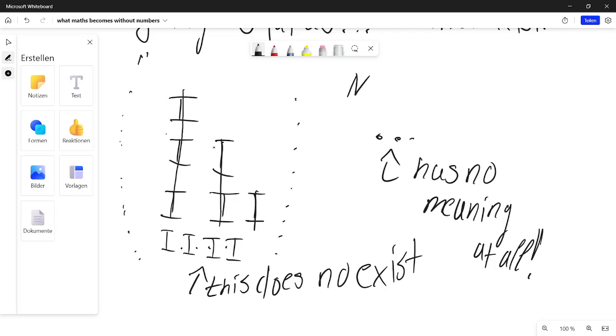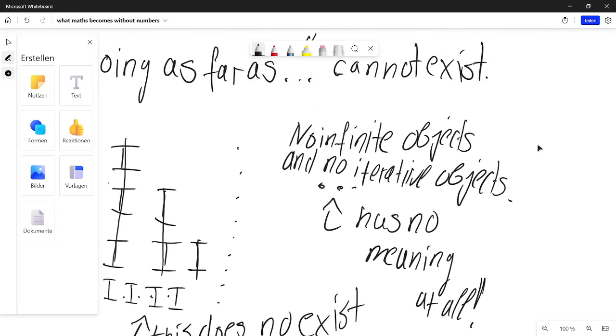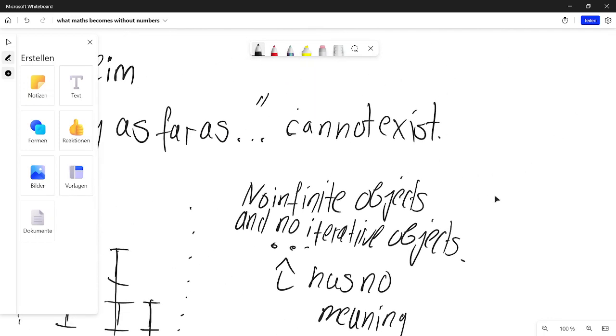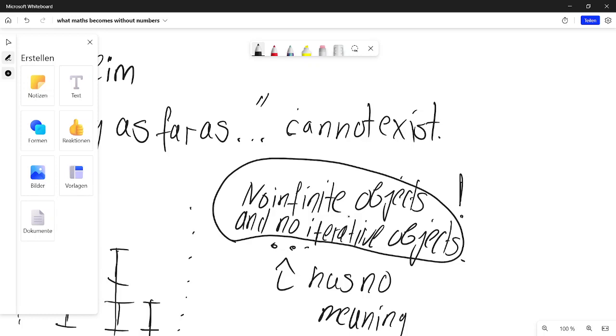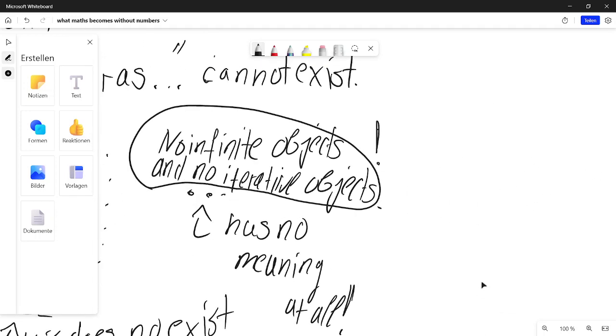Okay, so no infinite objects and no iterative objects. No infinite objects, no iterative objects. Okay, well. Okay, this is quite interesting. So what we are left with is a world of thinking in which there are no infinite objects, no iterative objects, no numbers anyway, because